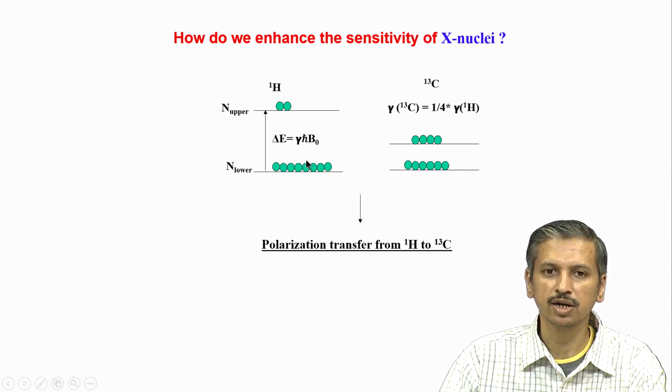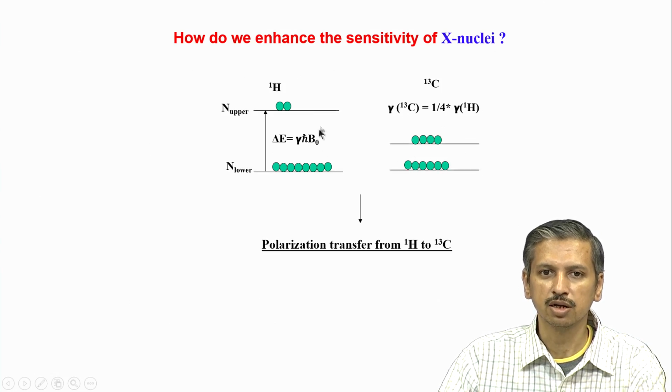So, we have to keep in mind that we are doing this artificially to enhance the sensitivity of carbon, because that is the only way we can improve the sensitivity. We cannot change the natural abundance. For example, if we are looking at a natural abundance molecule, that 1% is something we cannot do anything about; we have to live with that. But polarization is something we can change by doing this. So, how do we transfer polarization?